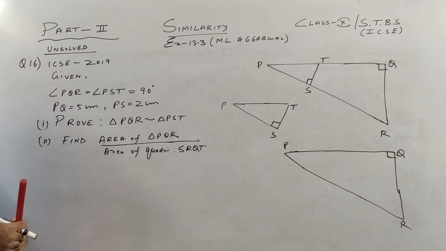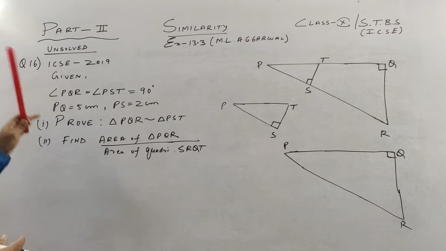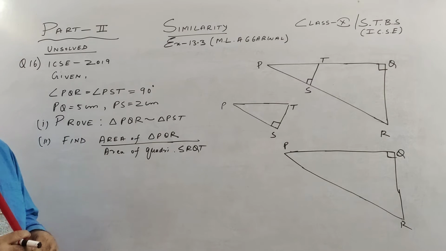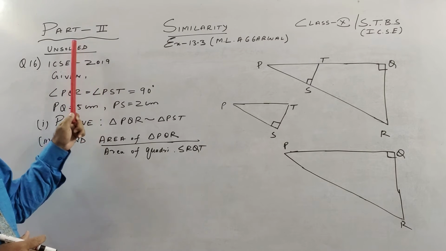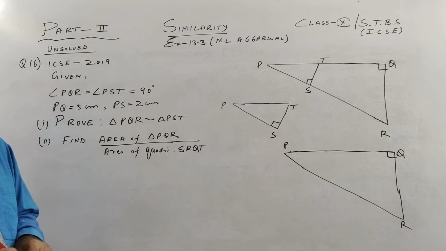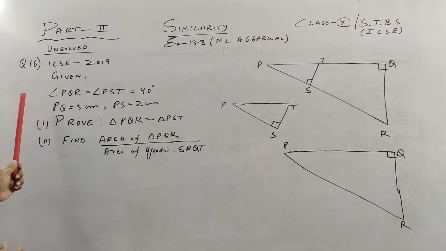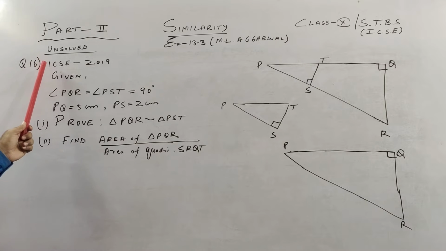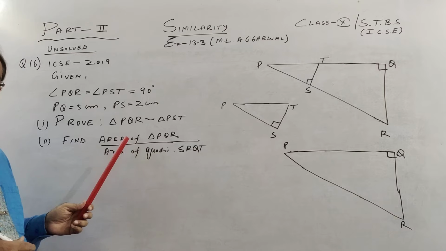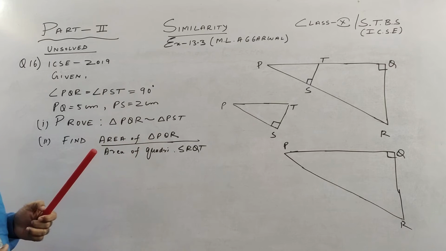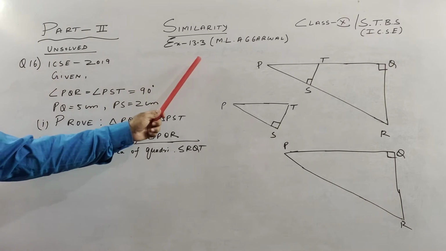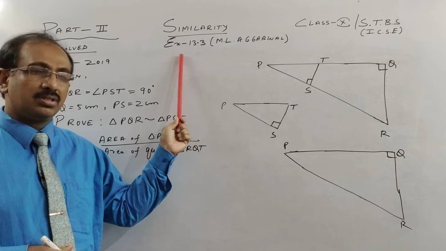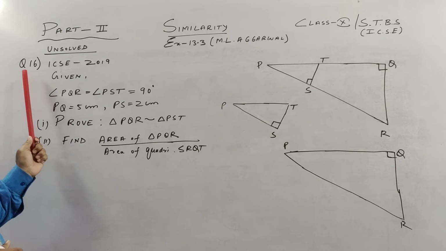So here we start part 2. The concept I told you, see part 1 very nicely children. If you fail to understand part 1, you won't be able to understand anything from part 2 to 4, which you are going to see. So here what is given, let us see 2019 ICSE. This is question 16 unsolved. I'll do all the unsolved questions for you, and then I'll tell you which solved questions you must see. This is in ML Aggarwal's book. I am doing exercise 13.3 and this is question 16 unsolved.